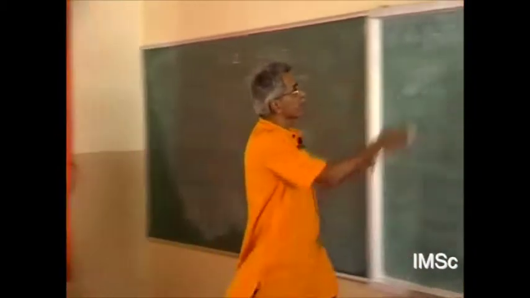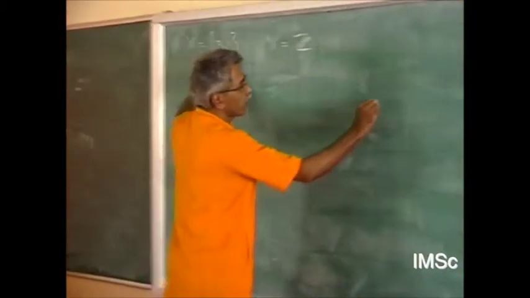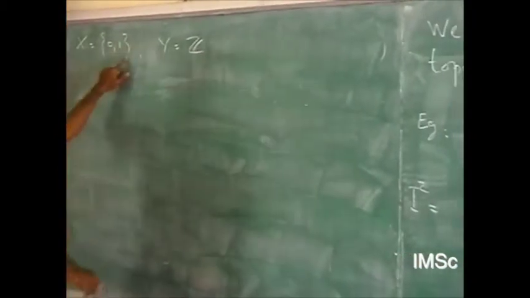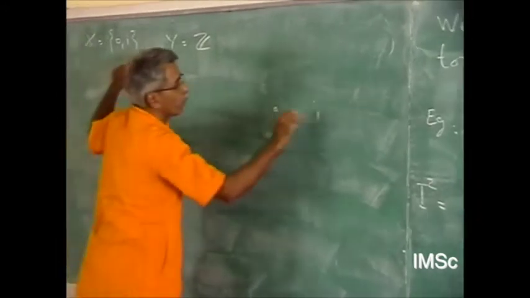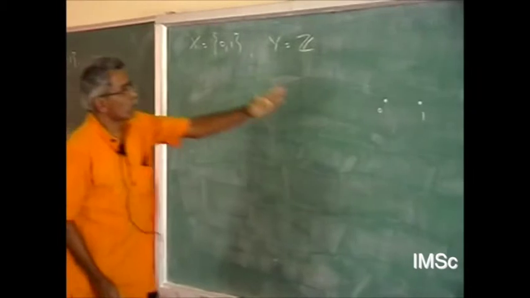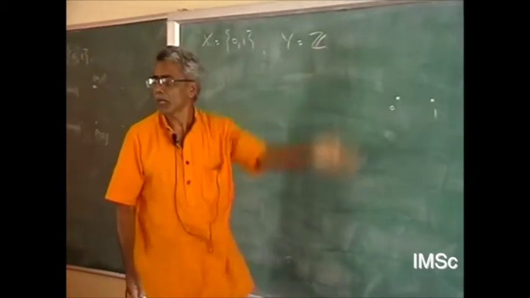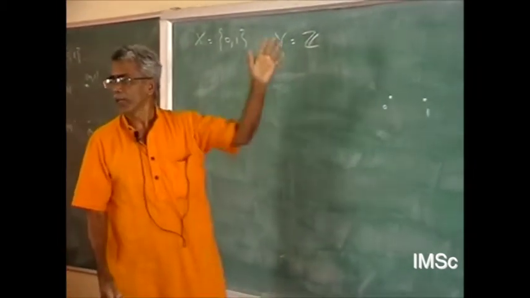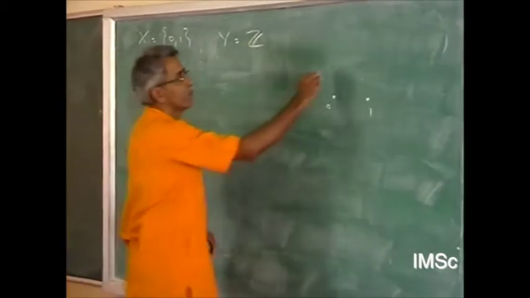In this case, the first x coordinate is only this, 0 and 1. Now over each point I must have a copy of the y axis, and y axis means just a copy of integers. So here